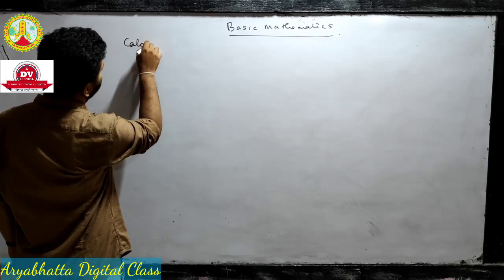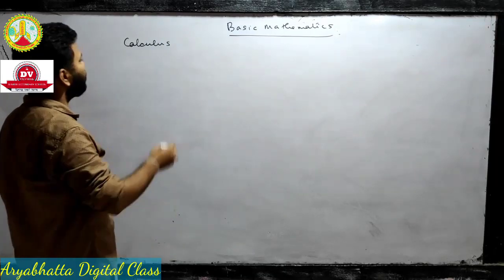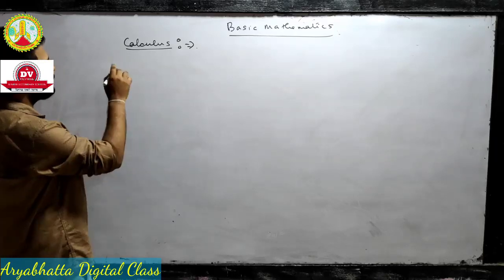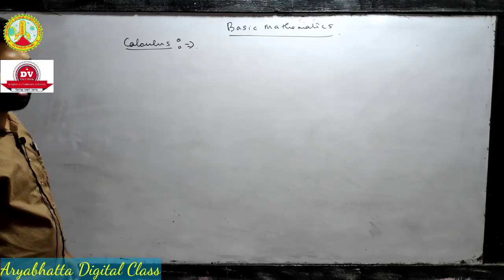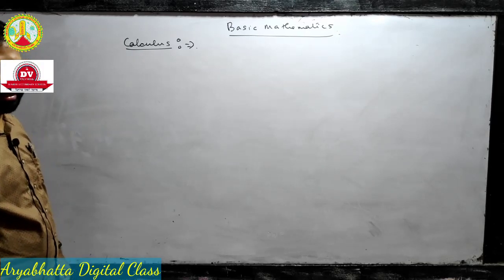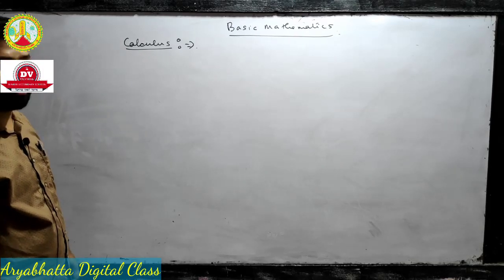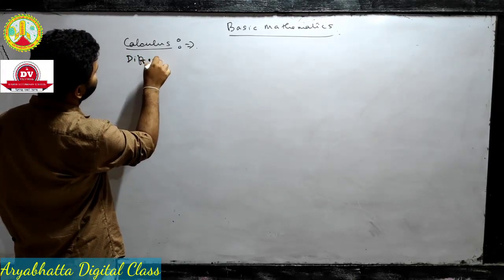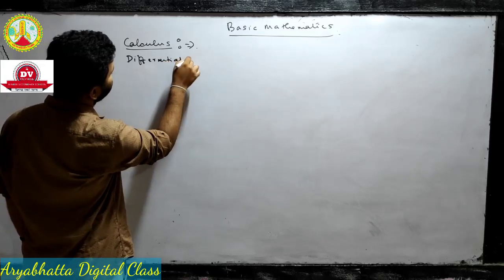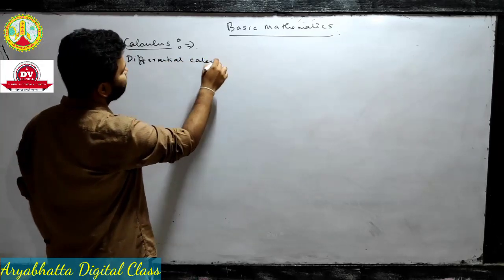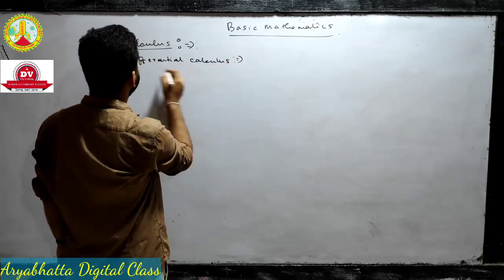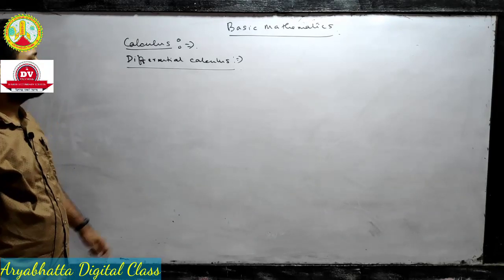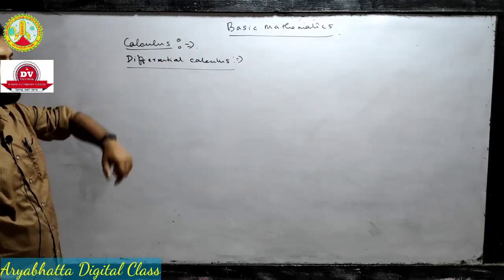So I will now start calculus. Okay, so calculus in Assamese is called কলন গণিত. Now calculus has two parts. One is differential calculus, another one is integral calculus. So first we will go with differential calculus. Now, what calculus is, I cannot explain that. Okay, in your maths class you will be able to understand. So in differential calculus we have to apply some formulas.